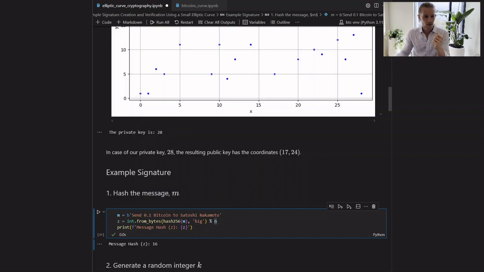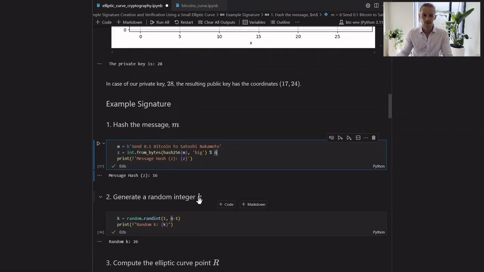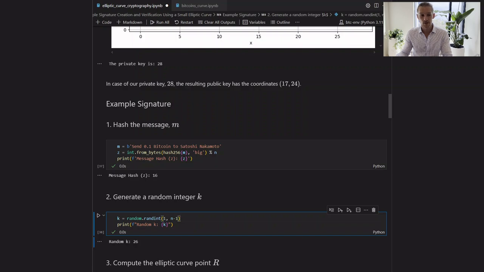And yeah, so we get a message hash, in this case just an integer 16. Then we generate a random integer k. Now in this case, I'm using the Python library random to just get a random integer between 1 and n-1. The random k that it chooses happens to be 26. Now, this library doesn't actually create random integers securely, so don't ever use it in practice, but it's good enough